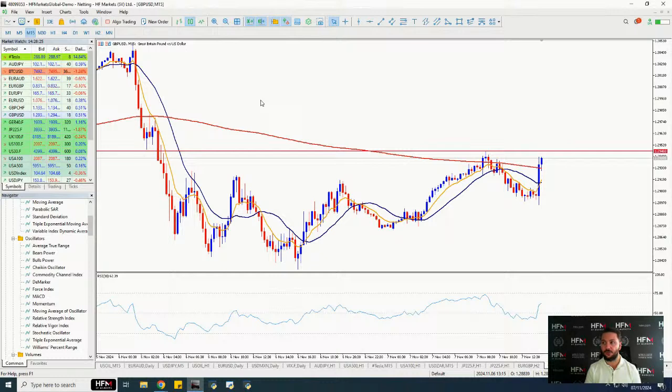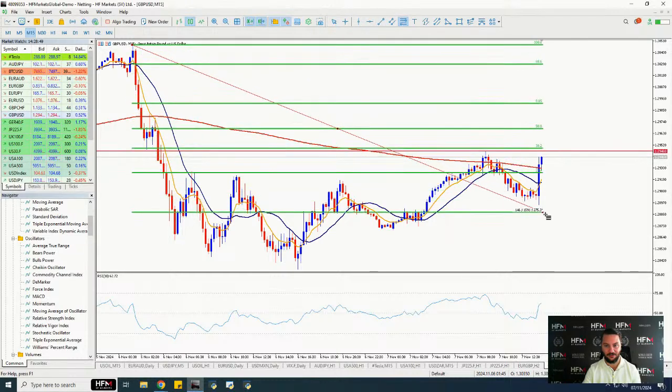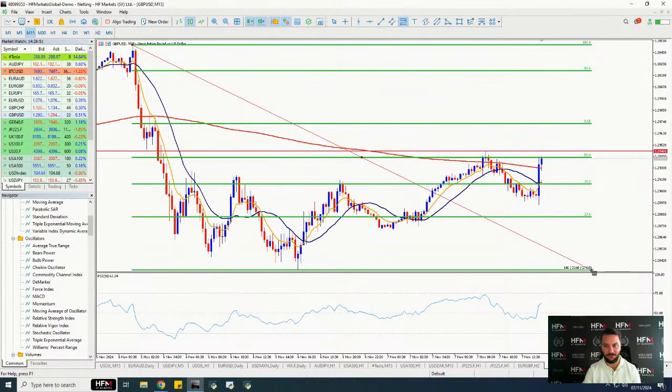We need to be cautious because, of course, we have the Fed meeting later on, and also the US dollar is the best performing currency of the year, of yesterday, and of the past month. So we have to keep that in mind, especially because we're making our way up to that resistor level here. This is that resistor level, and also if we're going to draw Fibonacci retracement levels of the previous impulse wave,